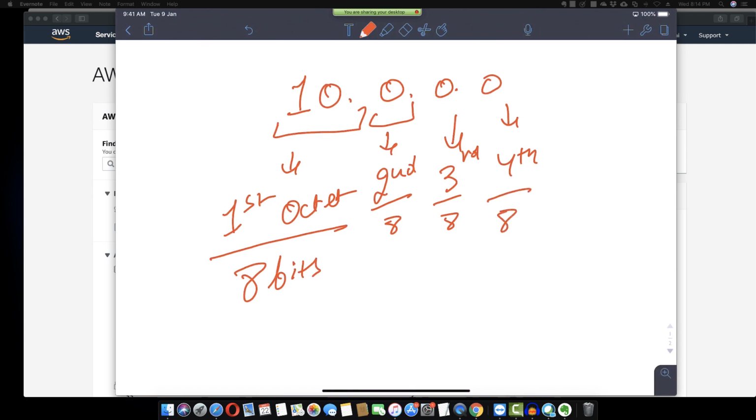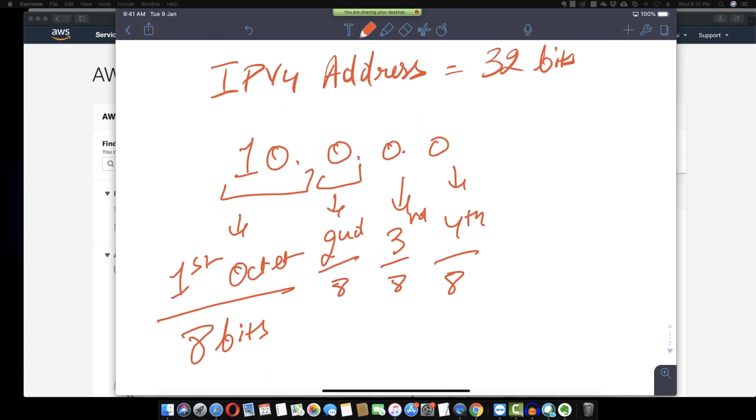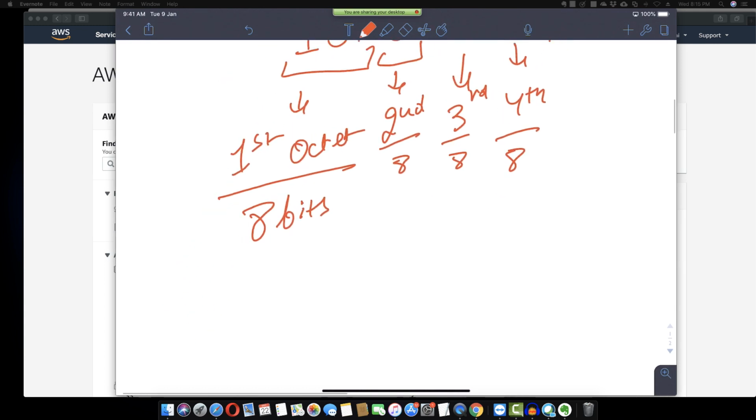So if you sum up all these bits, 8 plus 8 plus 8 plus 8, it comes to 32 bits. So that's why we say that an IPv4 address is of 32 bits. Okay. Now the thing is that